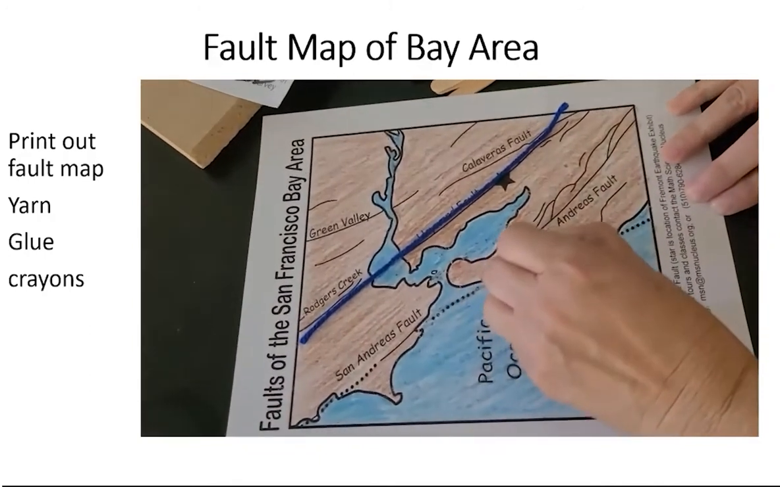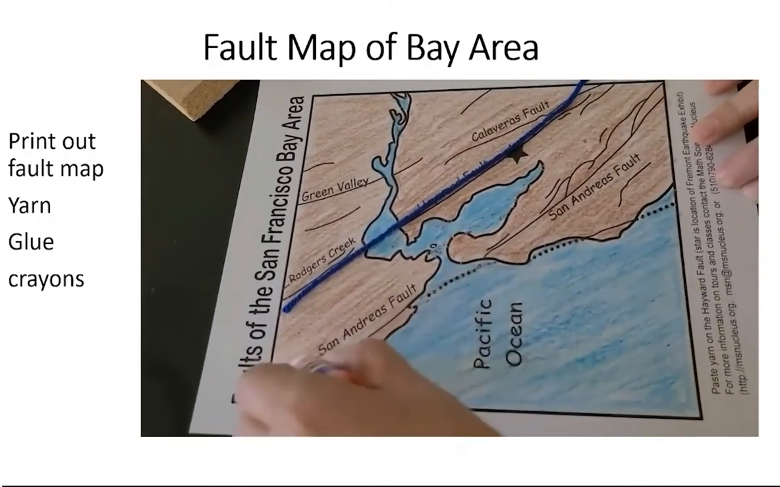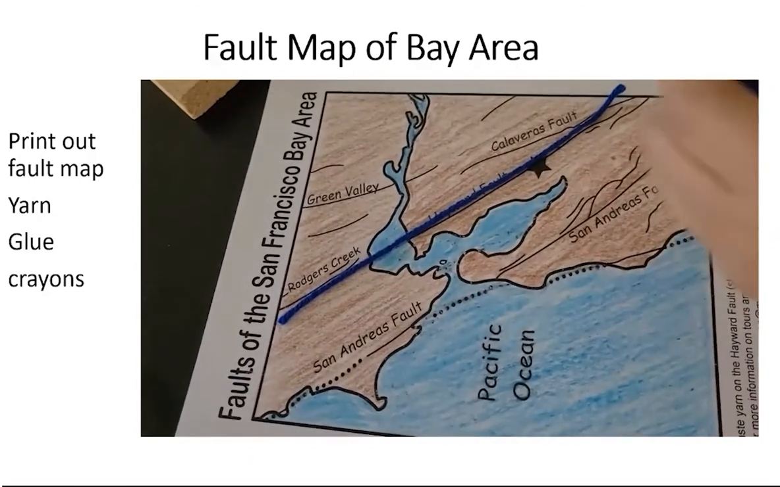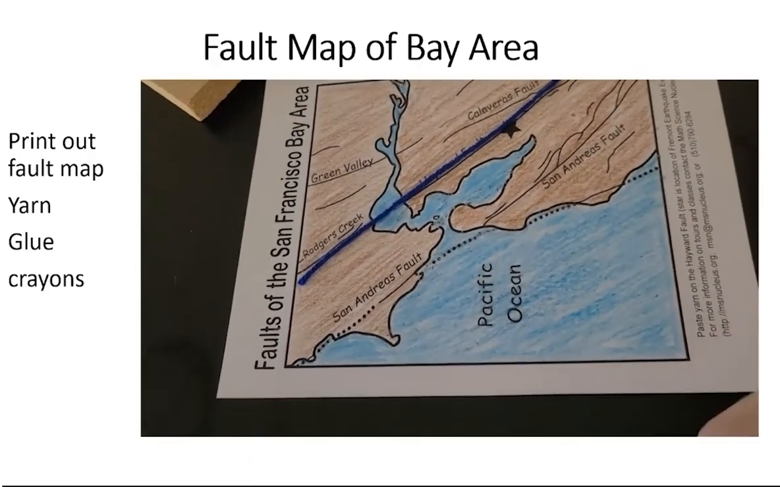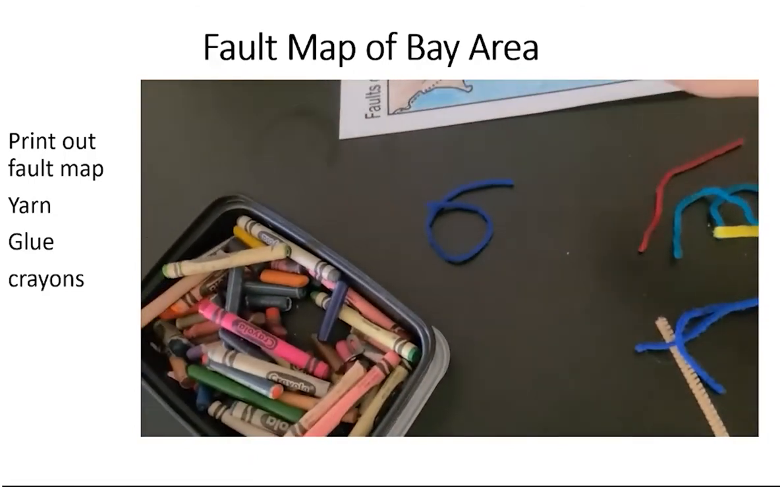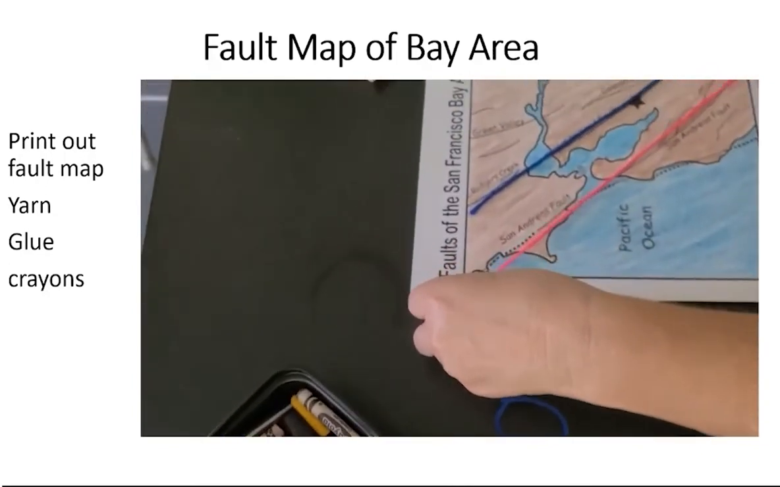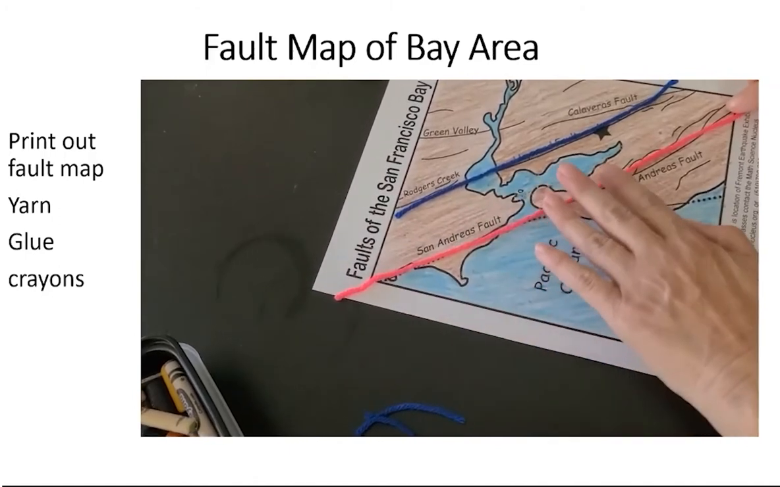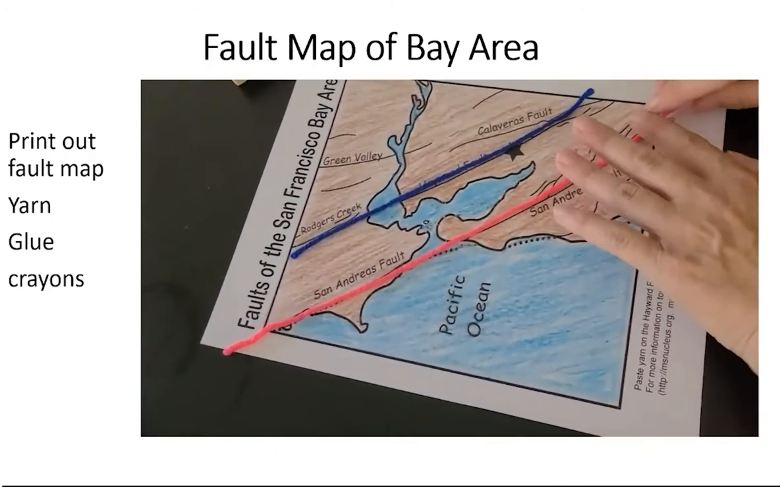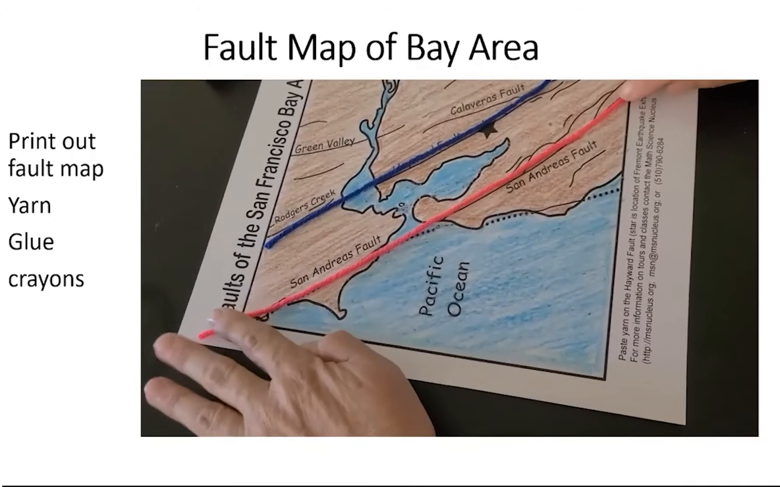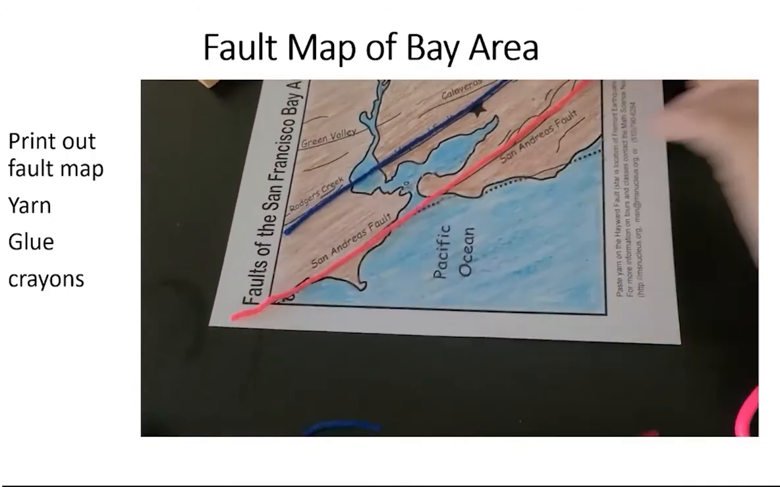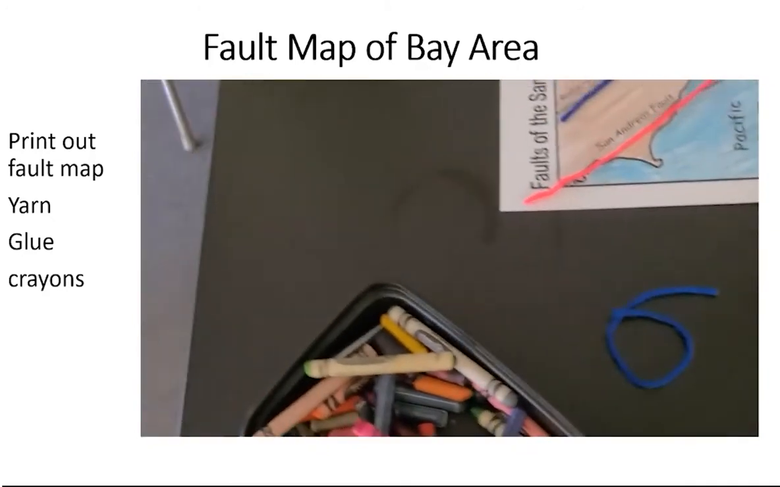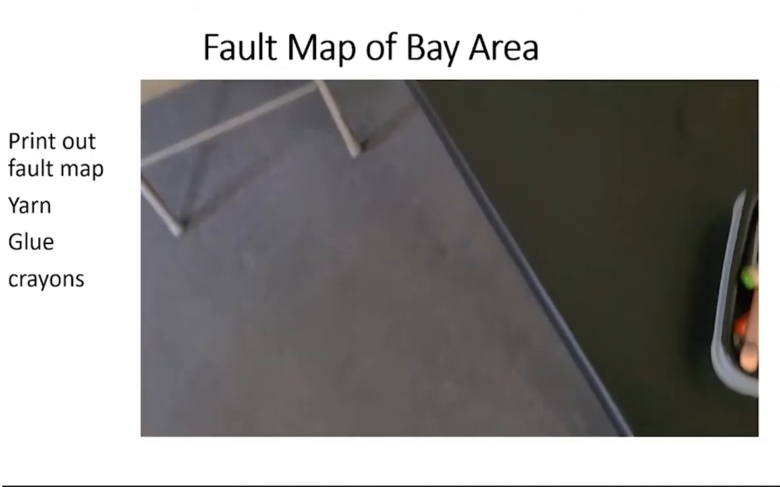So again, I'm going to use a little bit of my glue, and then, again, you can use different colors, same colors. This time I picked a little bit of pink for San Andreas Fault. And I always like to do it so I can still see the names of the fault lines. But you get the idea. So again, this will give you a nice map of the fault lines and the fault areas of the Bay